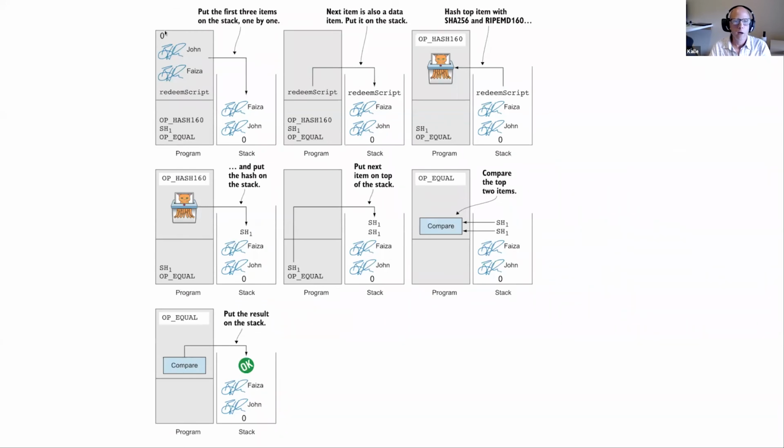So as we used to do before, we take items one by one from the program area and do the appropriate thing with them. So the first item here is a 0, and that's just data, so we put it on the stack. And the next item is a signature from John, and we put that on the stack, and Faisal's likewise. And then we have the redeem script,